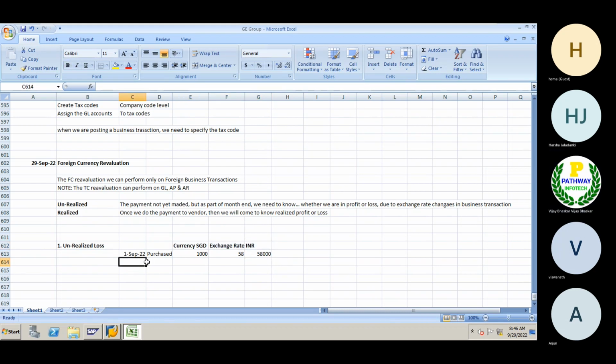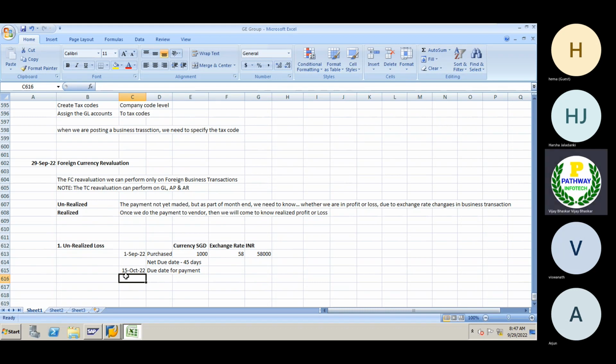Then in this, the net due date I have given is 45 days. 45 days means, as per the terms of payment, the due date will be the 15th of October 2022. This is the due date for payment. So the line item will become due on 15th of October to make the payment.